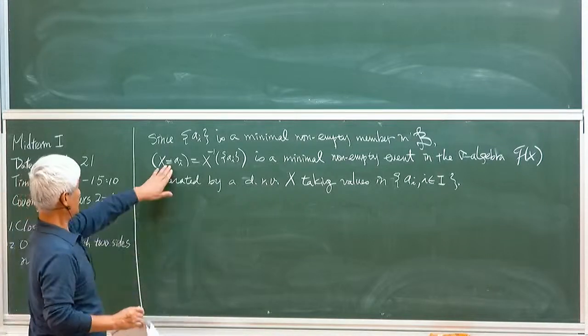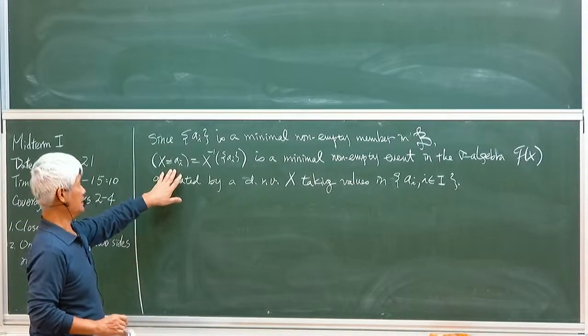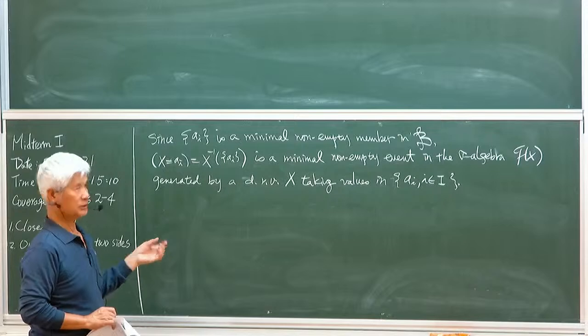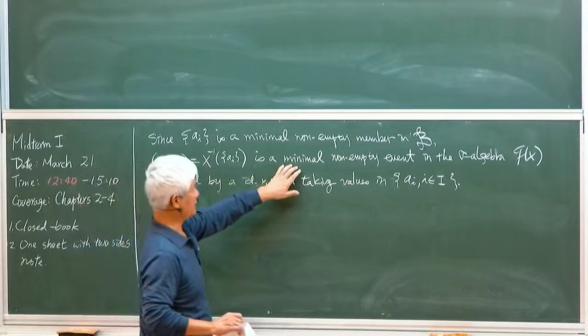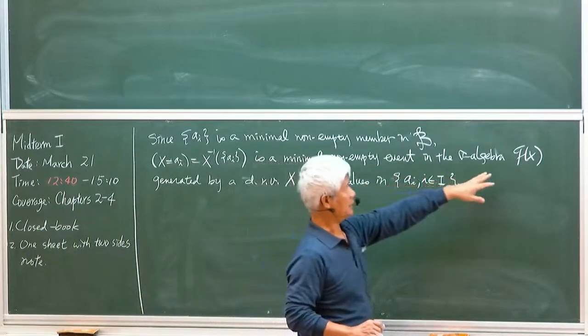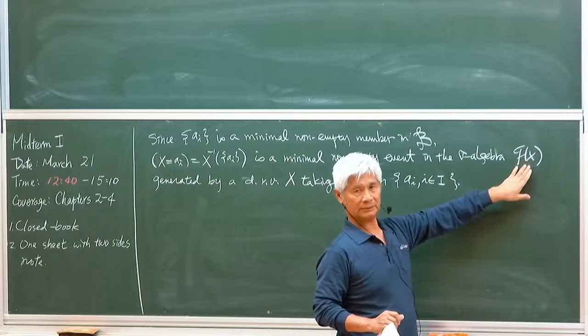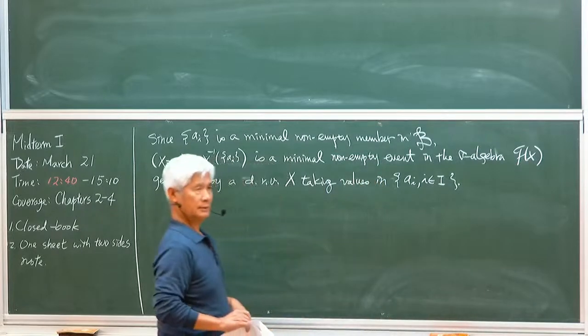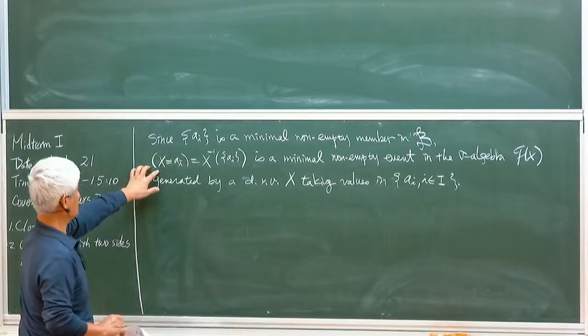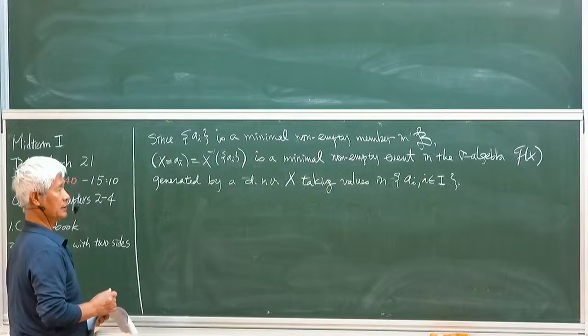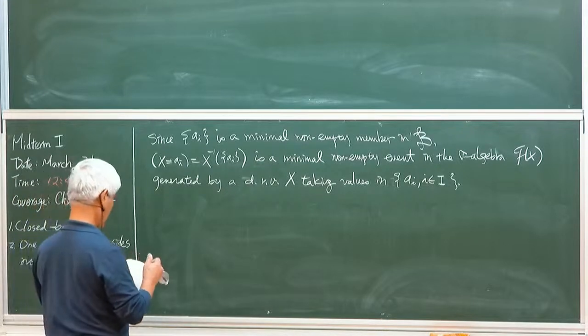So each of these events is an atomic event, because it's a minimum non-empty event in F of X. Every such event is an atomic event,